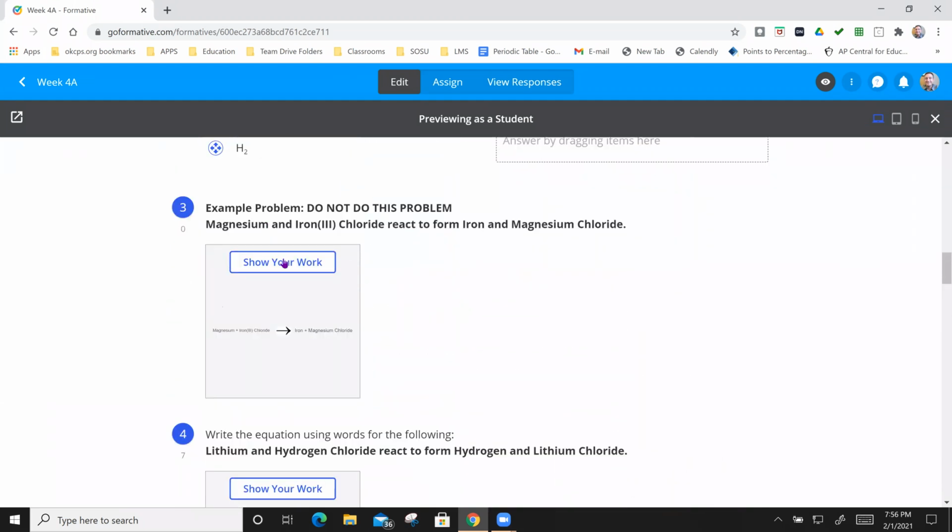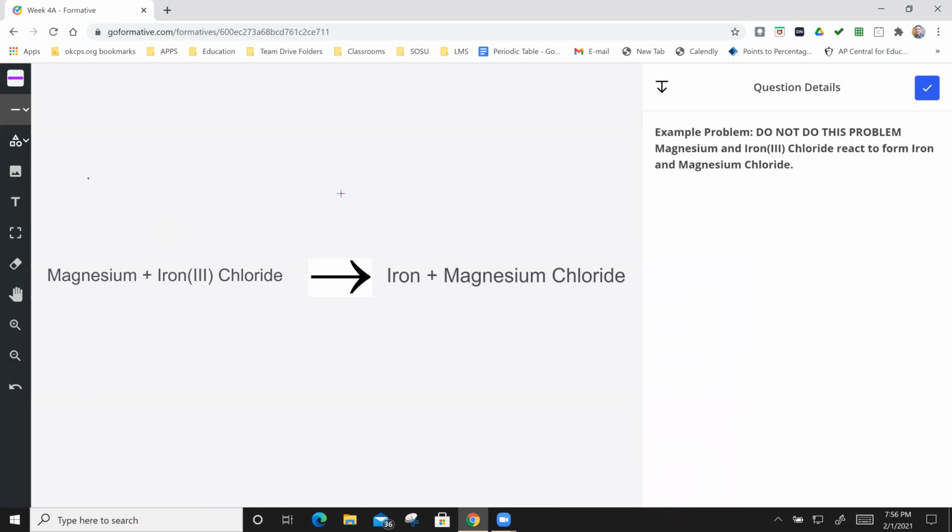So I'm going to give you an example problem here. The example problem is that magnesium and iron 3 chloride react to form iron and magnesium chloride. And so I'm going to show you how to do this. Unfortunately, I just left my work in there. So what you're going to do is simply write the words. So magnesium and iron 3 chloride react. If these two things react, then they must be reactants. Then reactants